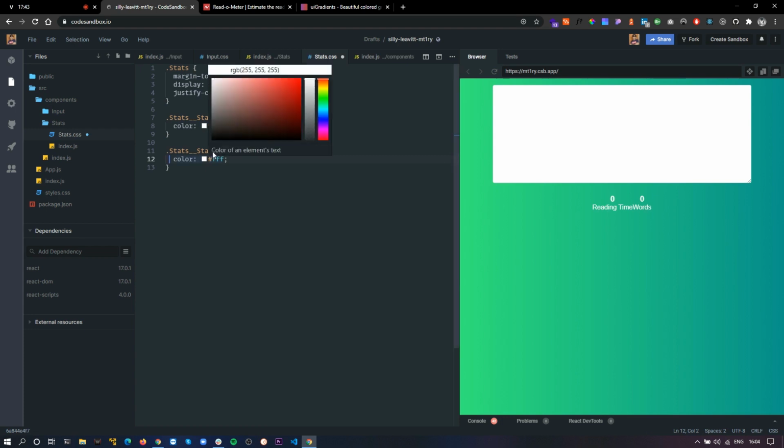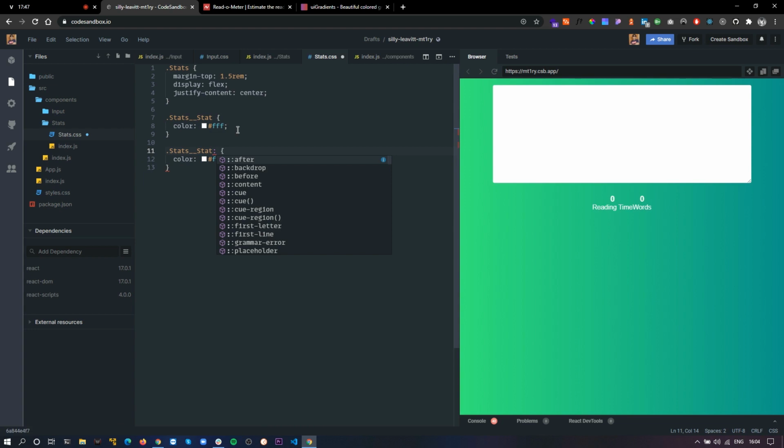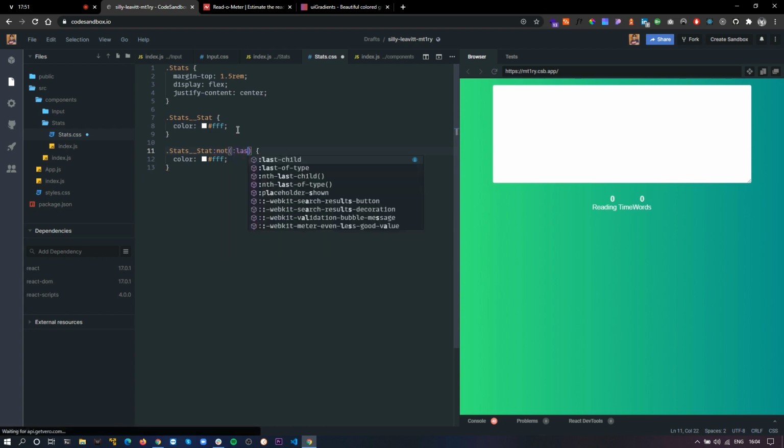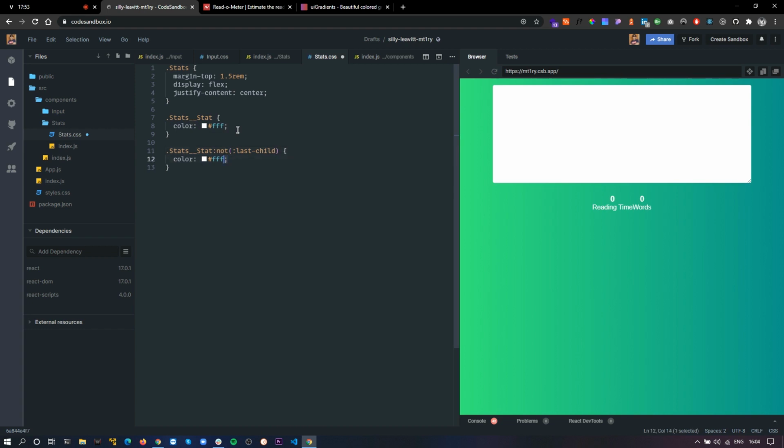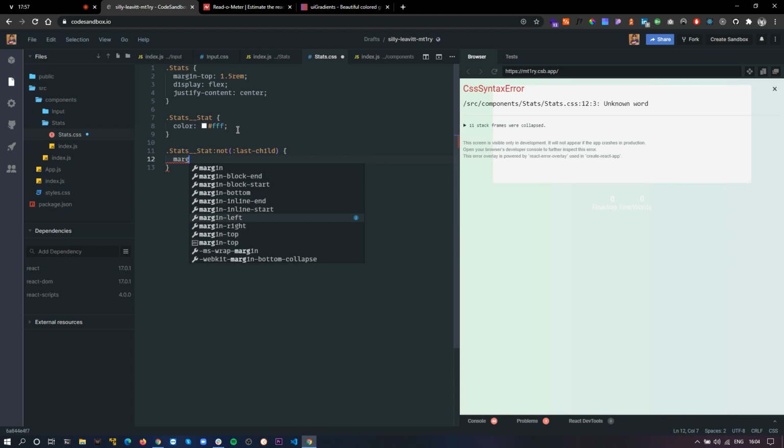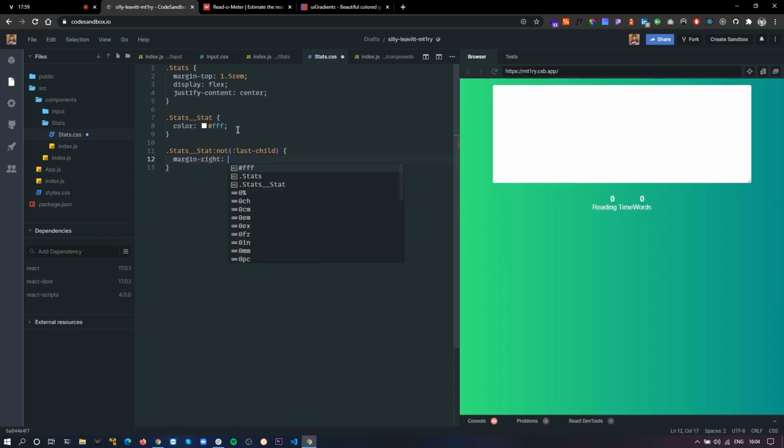So what I'm gonna do is I'm gonna target every stat component. I'm just gonna leave the last child, and I'm gonna give it margin right of some rem. This looks fine. Let's increase it. Now it's fine.